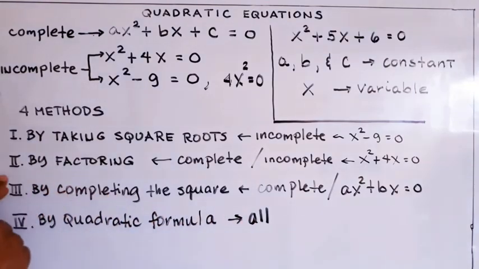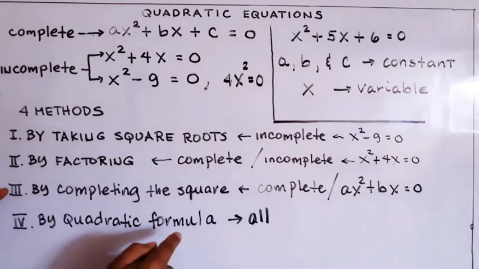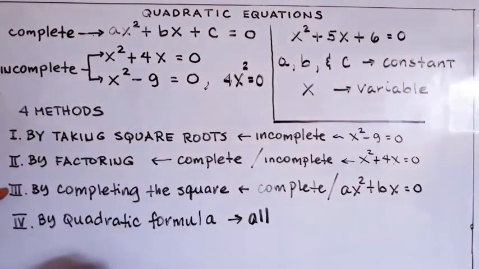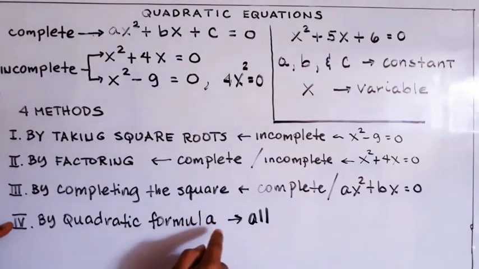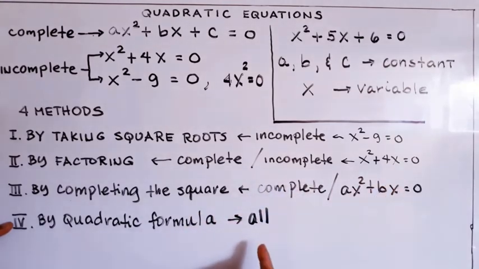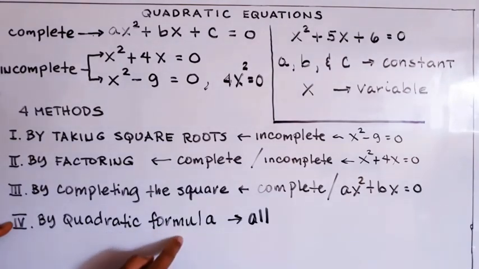But for completing the square, you should have also the skill of perfect square trinomial. You should know how to make perfect square trinomial, and then the factor of this one, which is the square of binomial. You should know that skill. And the fourth one is we have already the formula for quadratic equations, which is x is equal to minus b plus and minus the square root of b squared minus 4ac over 2a. And the quadratic formula is derived from